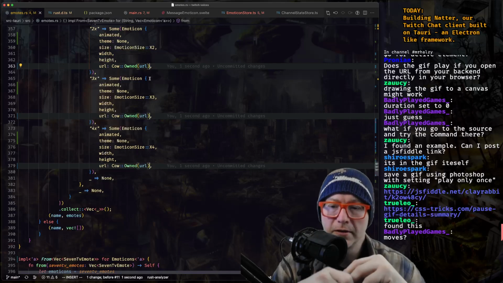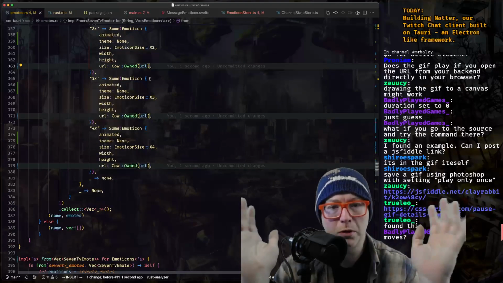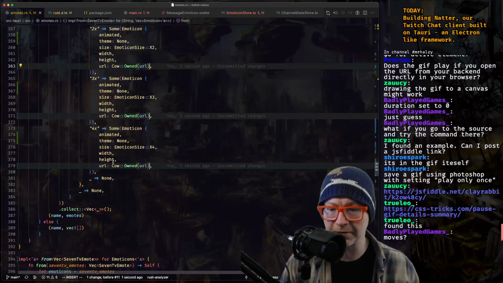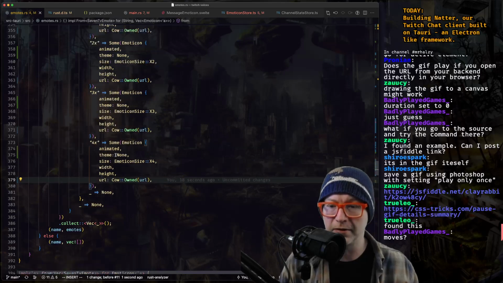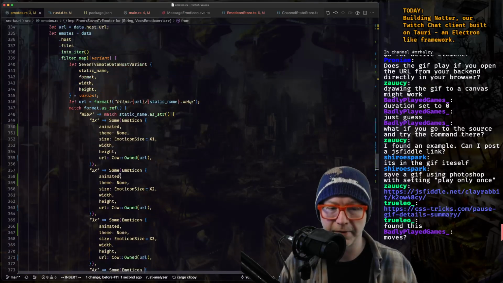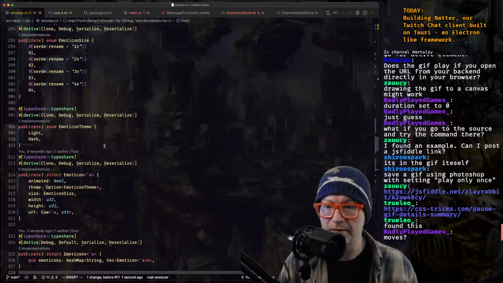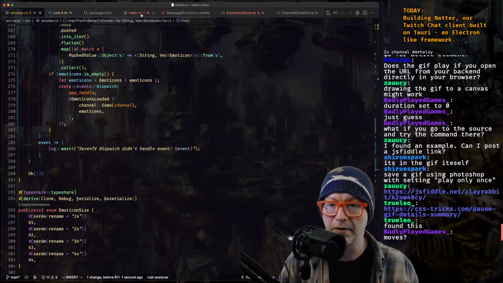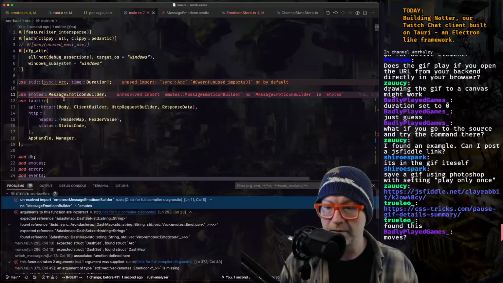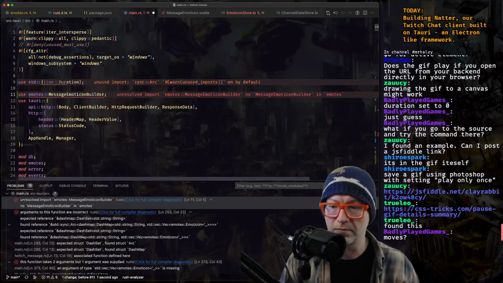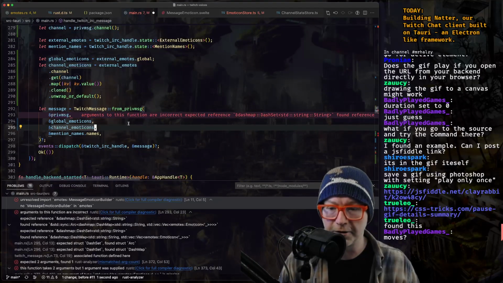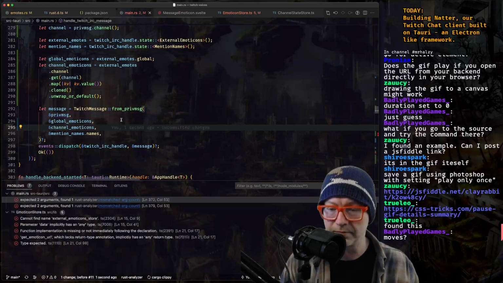The Twitch emotes, I just had a special place in the list for animations being the first one. But I don't think we want that. We just want to know whether or not it's animated. Okay. There's that. Okay. What's next? Let's remove some of these. All right. What about down here? Arguments to this function are incorrect. Yeah.